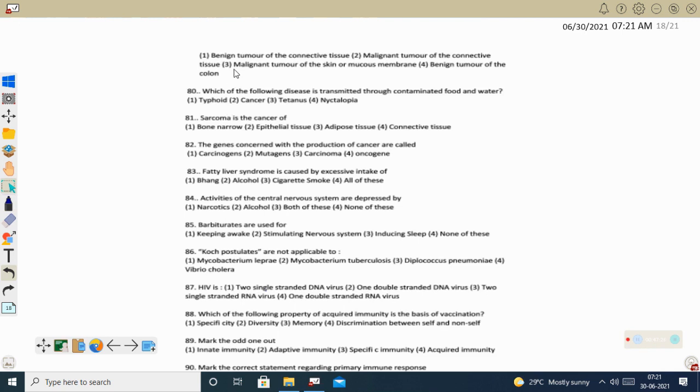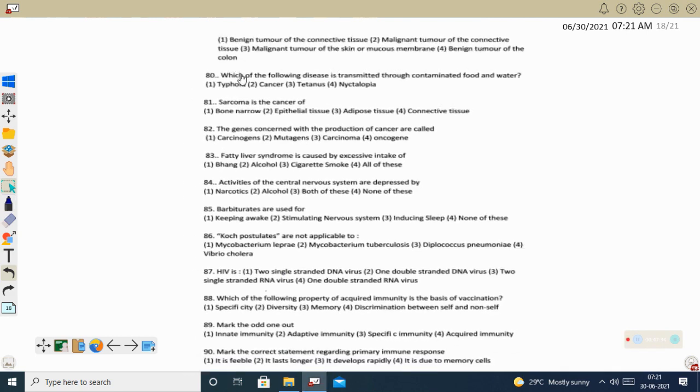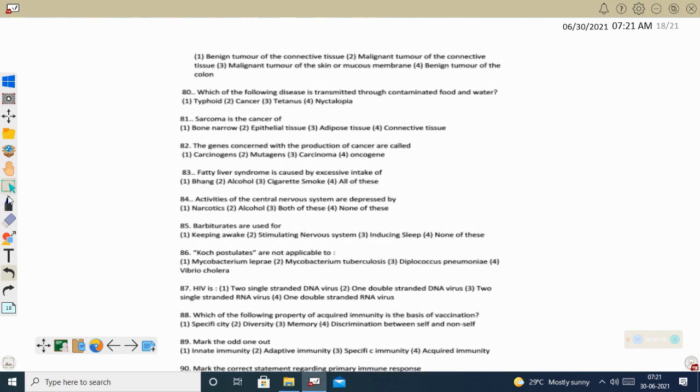Carcinoma, it is the malignant tumor of skin or mucous membrane. Okay, carcinoma, that is the malignant tumor of skin or mucous membrane. So 3 is the correct option. Okay. Now next question. Which of the following disease is transmitted through